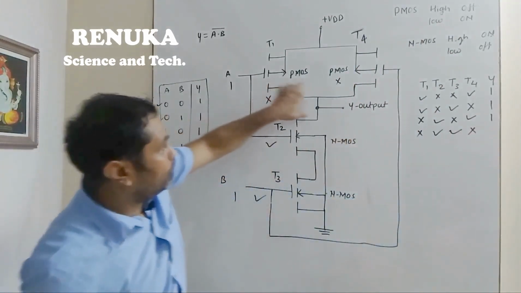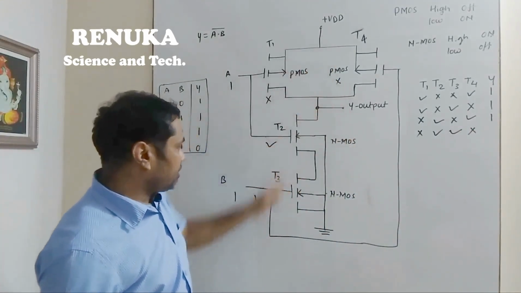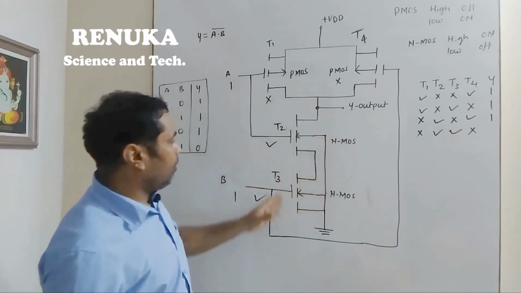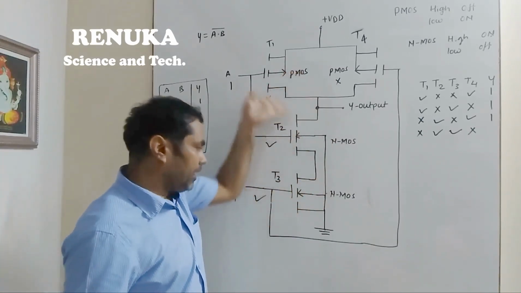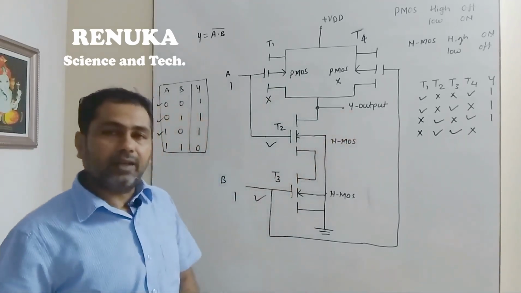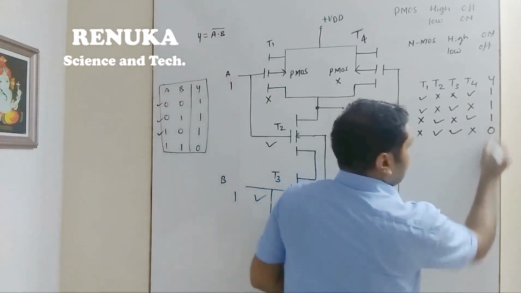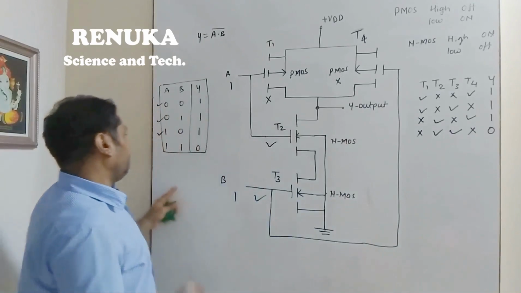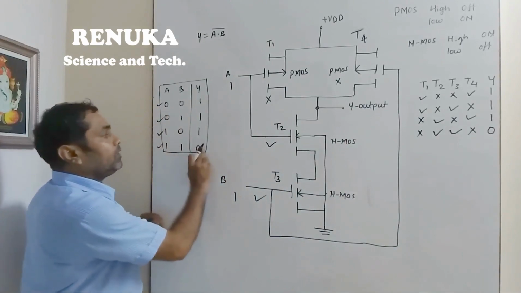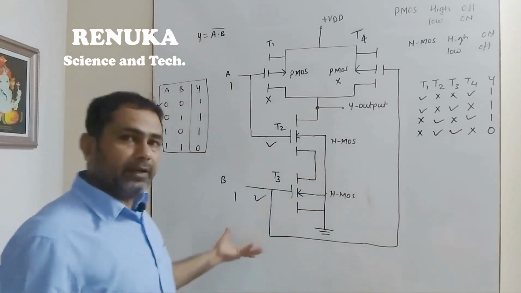From this you can see that both the switches in the driver circuit are off, so current cannot pass through it. In the series connection, both the switches are on. In the load circuit, both the switches are on. Then if any current is present, it will directly sink towards the ground. So no current will be available at the Y output. When no current is there, there will be 0 voltage at the output. So here at the output we are getting 0. So the fourth condition, when both the inputs are high, that is A is connected to high and B is also connected to high, we are getting low at the output. So this circuit will perform the operation like a NAND gate.